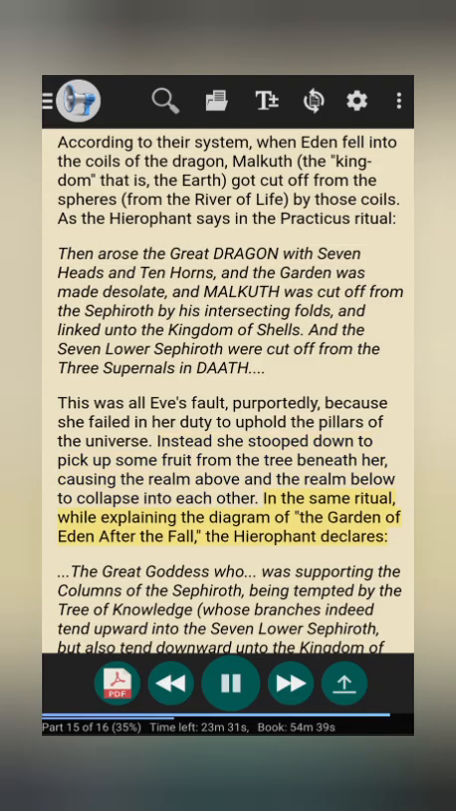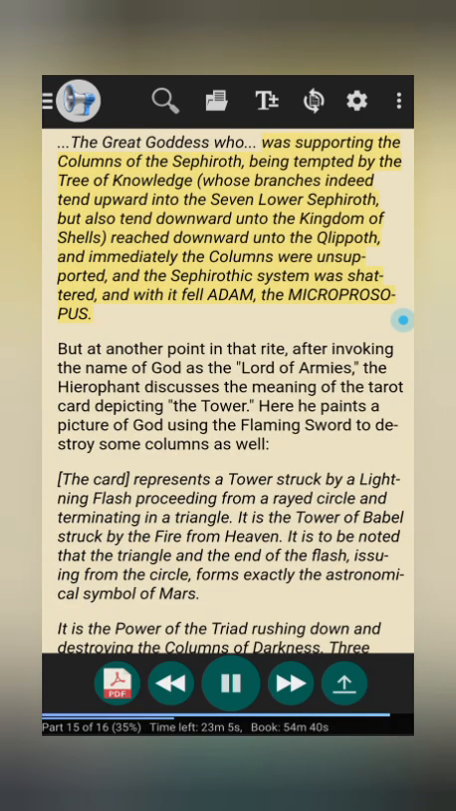In the same ritual, while explaining the diagram of the Garden of Eden after the fall, the Hierophant declares, "The great goddess who was supporting the columns of the Sephiroth, being tempted by the tree of knowledge, whose branches indeed tend upward into the 7 lower Sephiroth, but also tend downward unto the kingdom of shells, reached downward unto the Klipoth, and immediately the columns were unsupported, and the Sephirothic system was shattered, and with it fell Adam, the